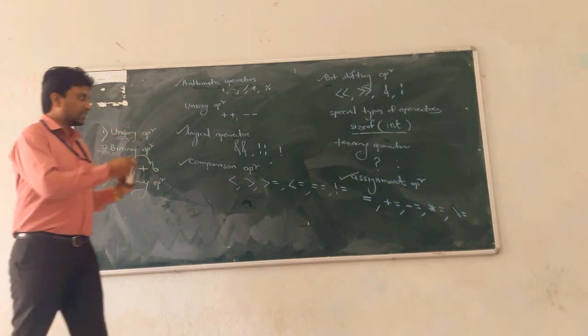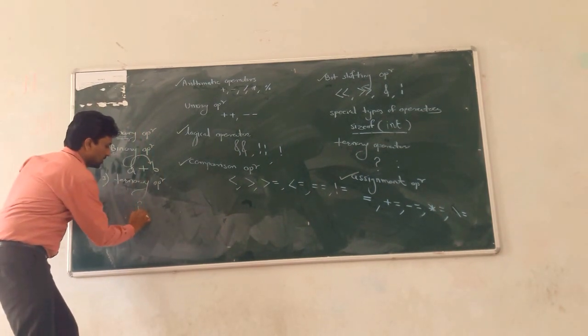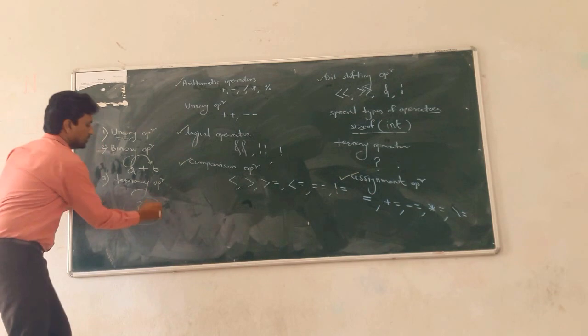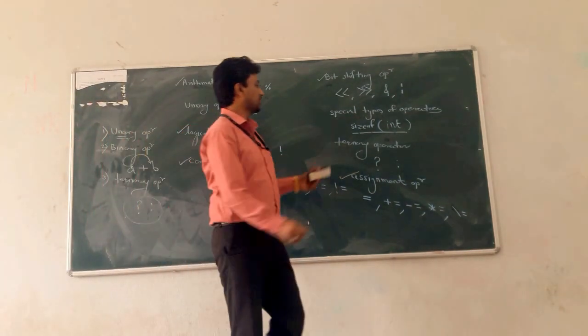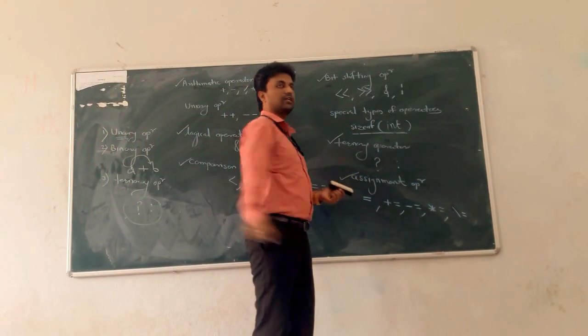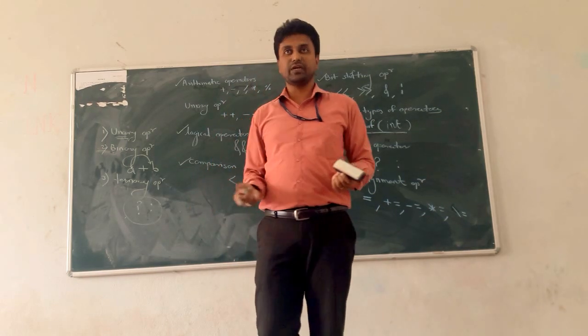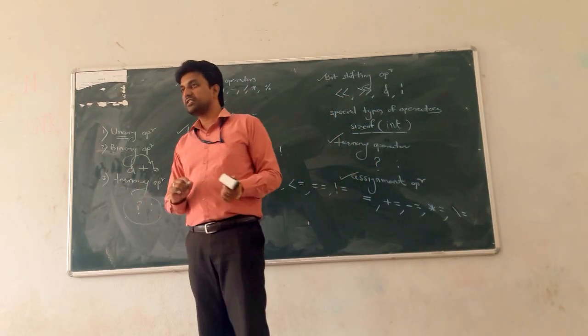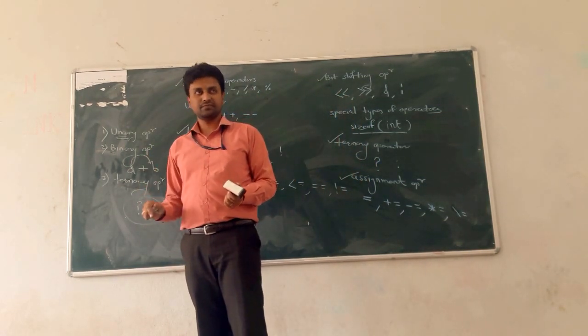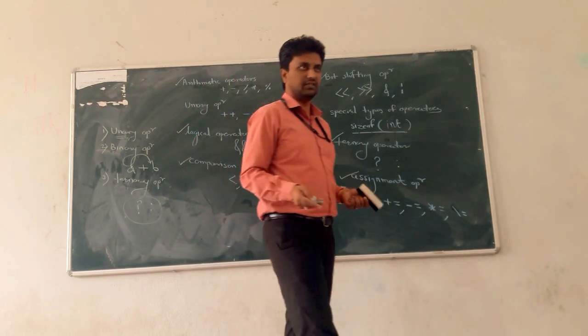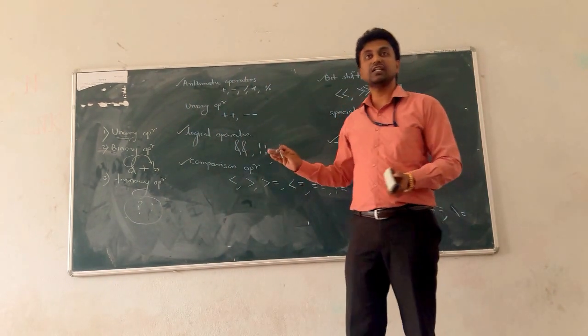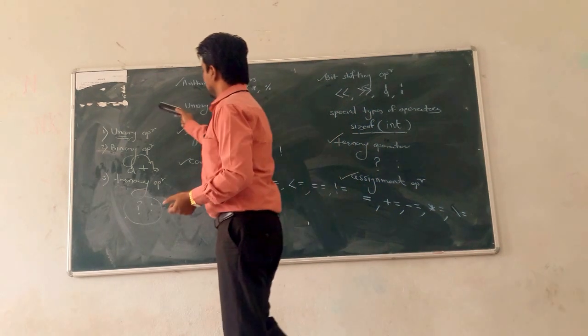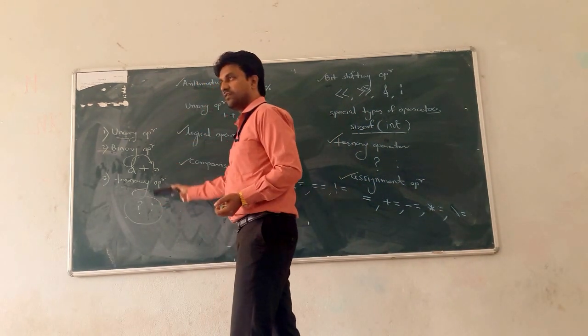Okay, and that is called a conditional operator, colon. This operator, the ternary operator, is also called the conditional operator. Question mark and colon, it is also called a conditional operator. You know, question mark is a condition, so it is also called a conditional operator. So this is one type